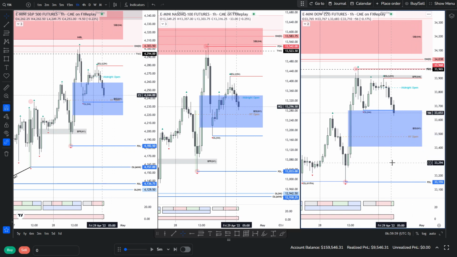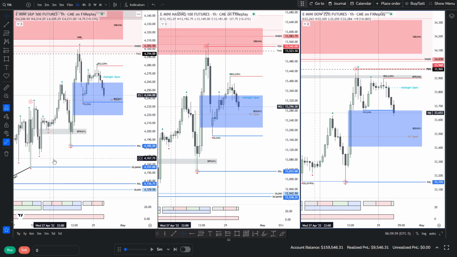Okay. So we've got that in play. We've got our high here. We've got the low. Obviously, this has been purged into this BISI, so that could be interesting. But again, we would want it to formulate during our windows. So there's nothing else towards. Yes, we've got this here from previous day, but we've got the aligned low and so on. So I don't think we need anything else.